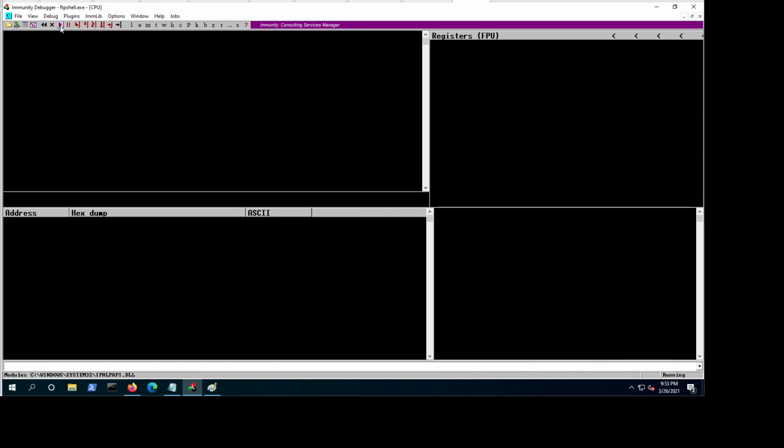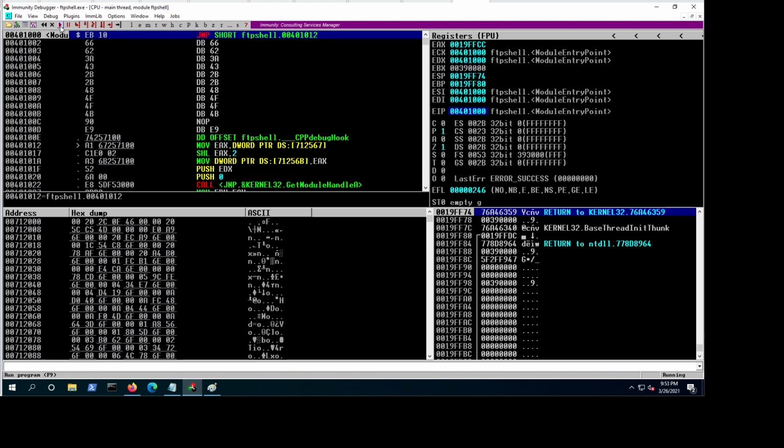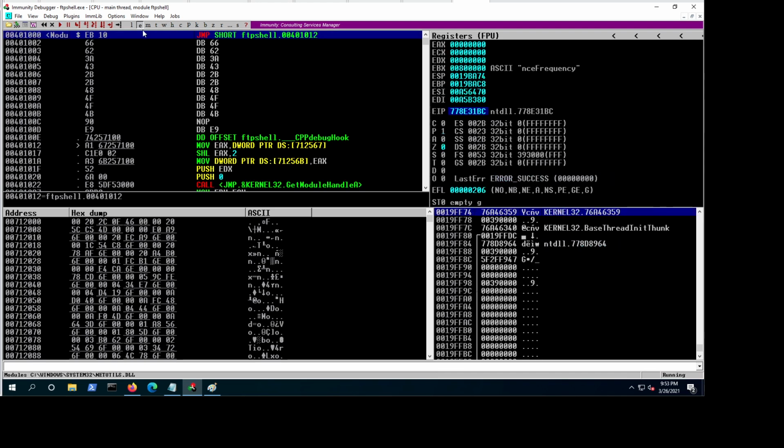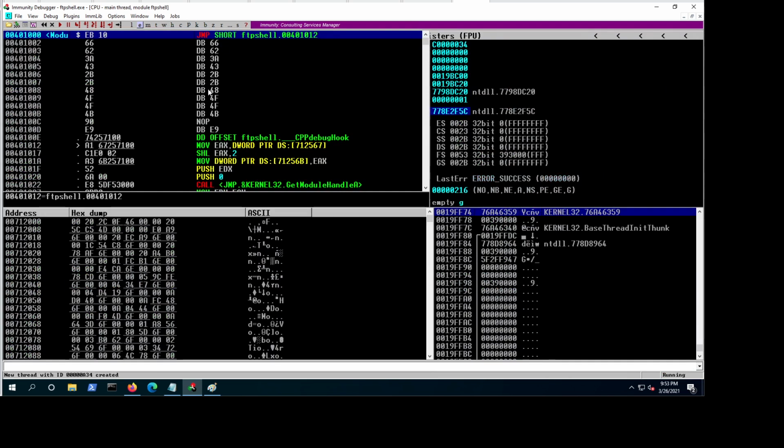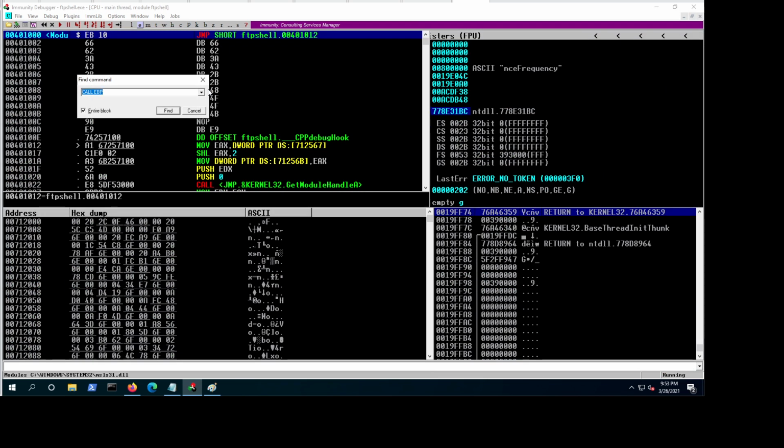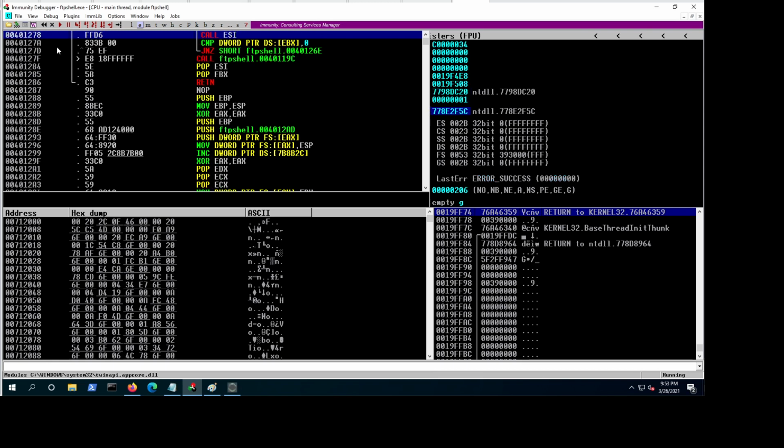So let's start this again. Let's go to our FTP shell and search for call ESI. So let's do call ESI this time. And we have this address. Let's put a breakpoint here. Let me just type that down, which is